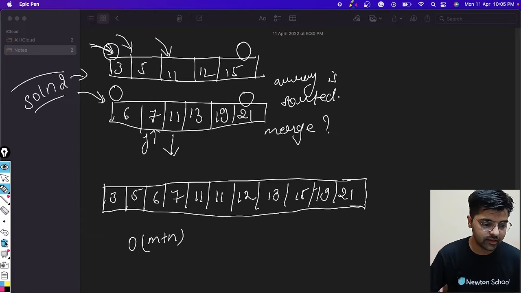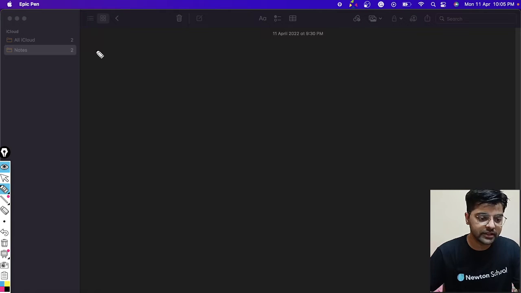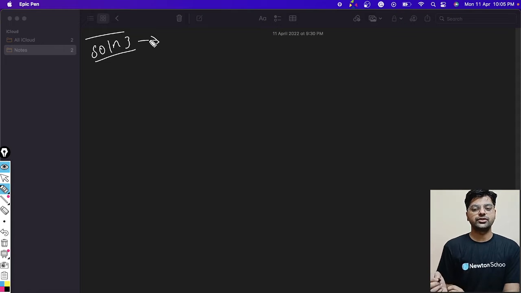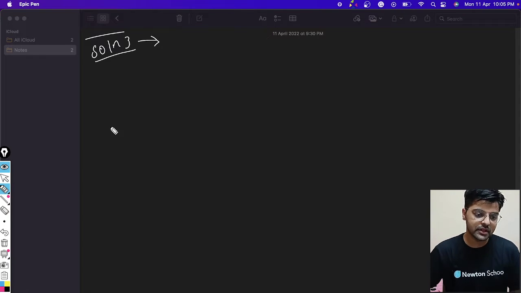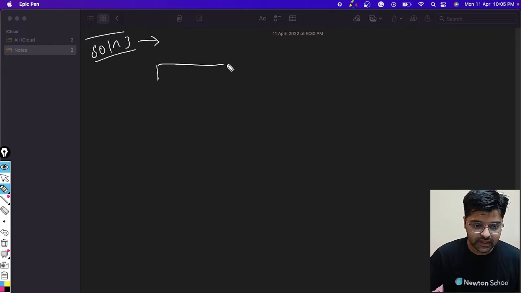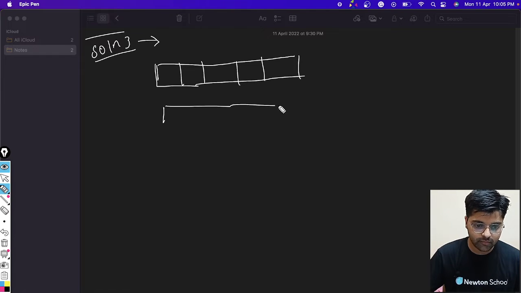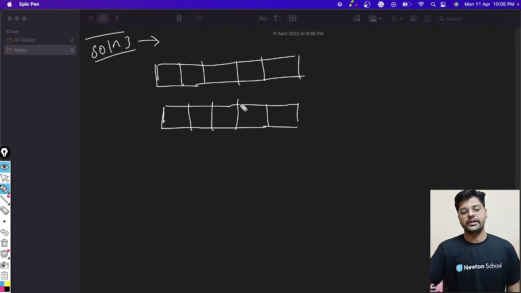Now we'll discuss solution 3, which is finally expected from the interviewer. This is a very important question from the point of view of interviews. So basically let's consider the arrays again, right? There will be two arrays given as per the question, and both are sorted.